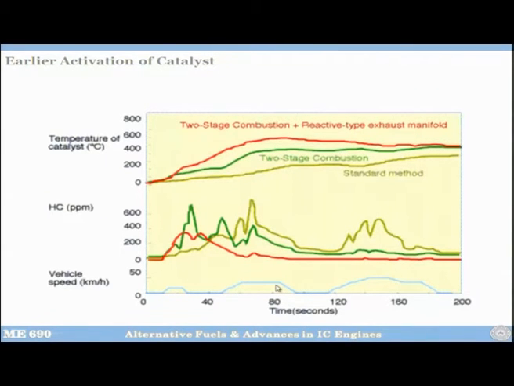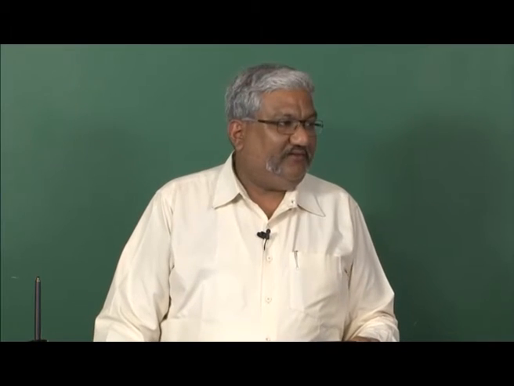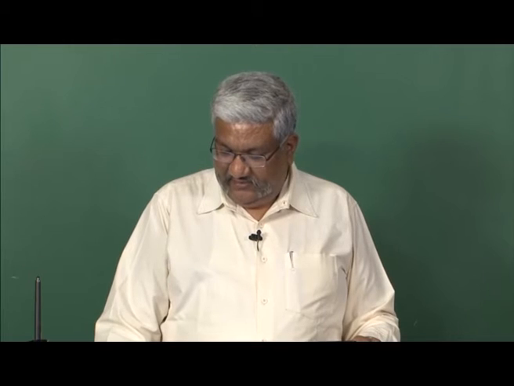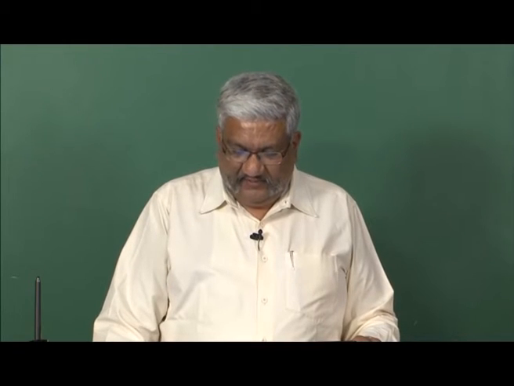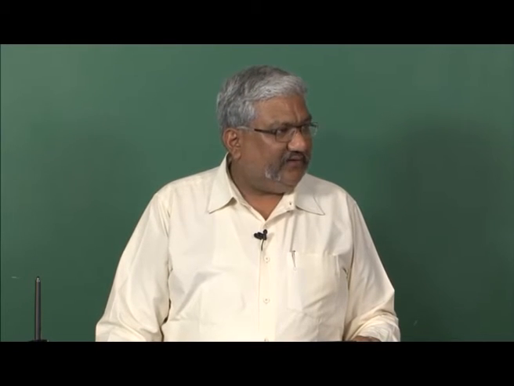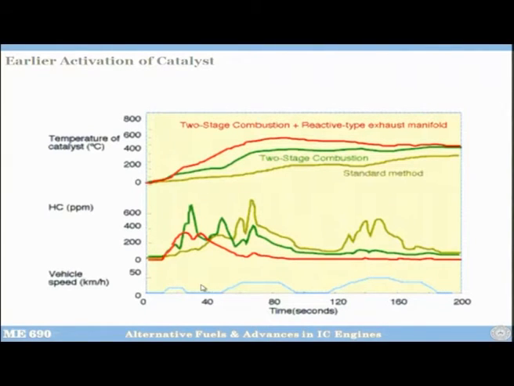Then again there is a stop sign, you stop there, just look on both sides, then you go to the main highway, so then speed increases. So, this is typically the driving cycle for typical day to day driving when you get out of your home, when the engine is starting from cold. Okay. And here you see this is the temperature of the catalytic converter. So, you see it will be 0, which does not mean 0 degree C, but it means atmospheric temperature.